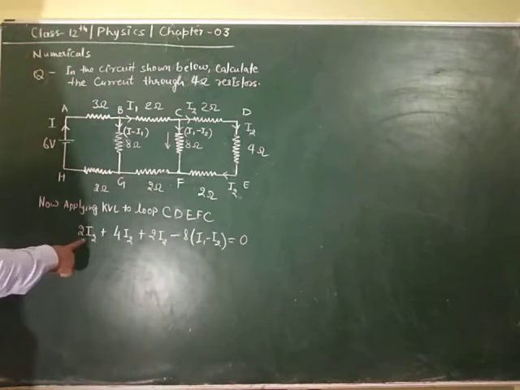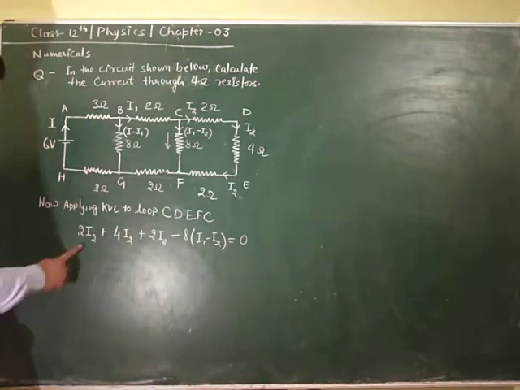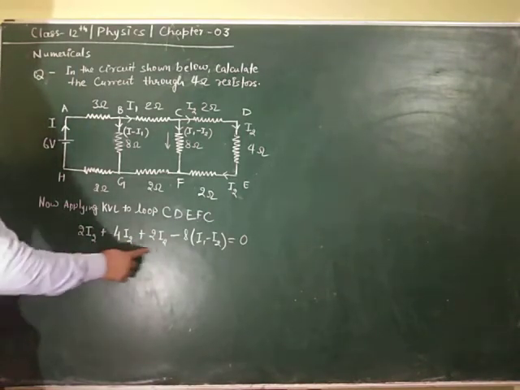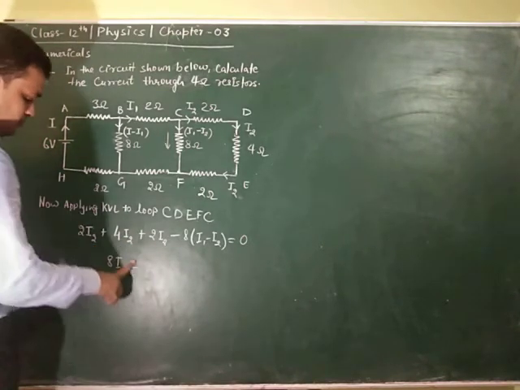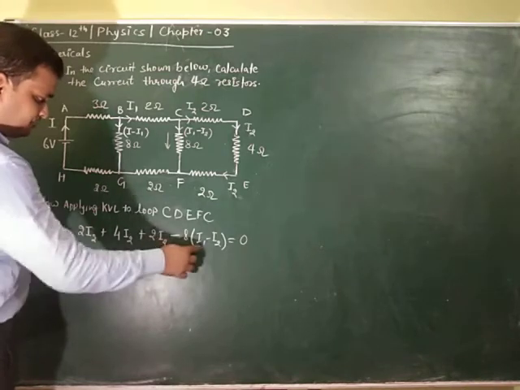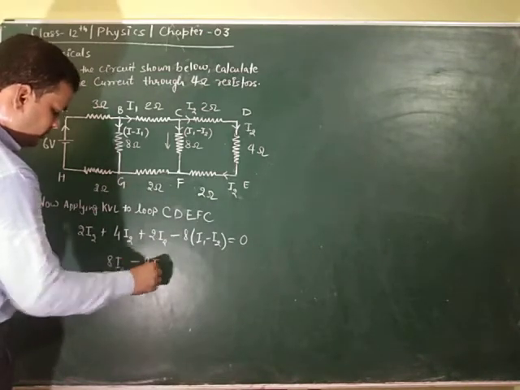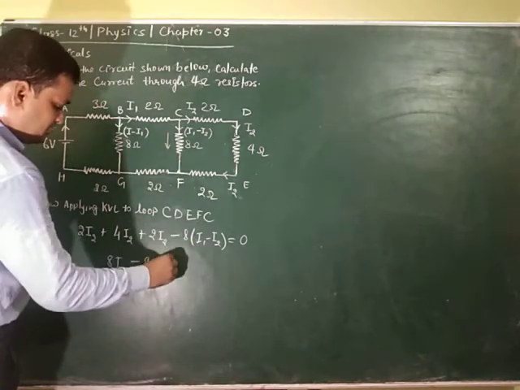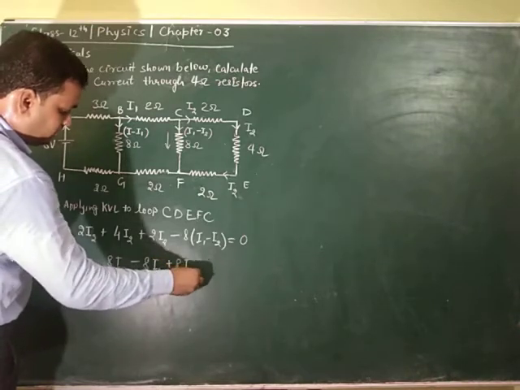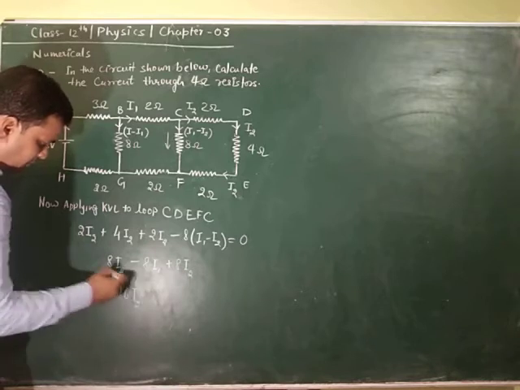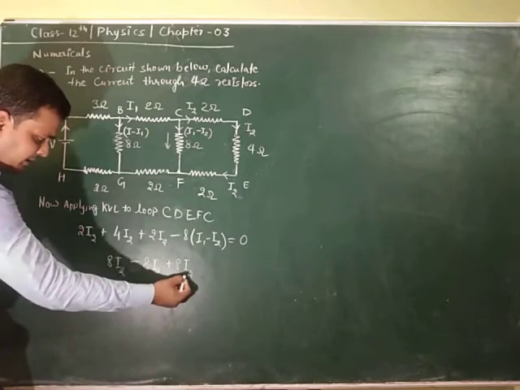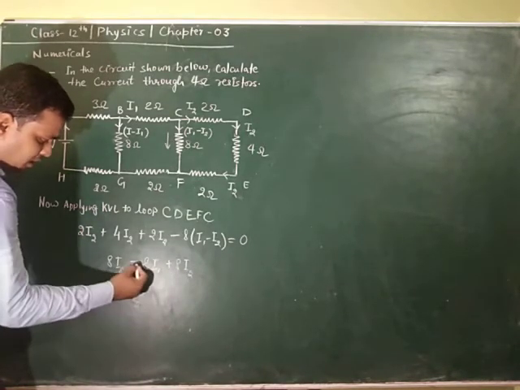Solving this, 2 I2, 4 I2, 2 I2: how many I2s are there? 4 and 4, 8 I2. So 8 I2 equals, no, sorry, minus 8 I1 minus minus, plus again 8 I2. So here 16 I2 equals 0,